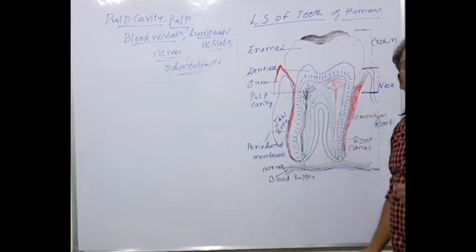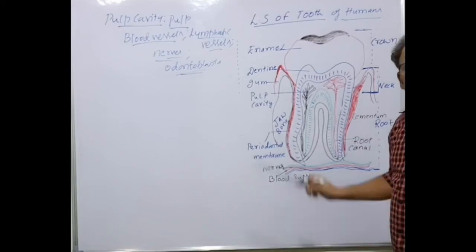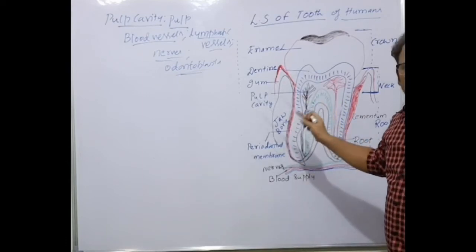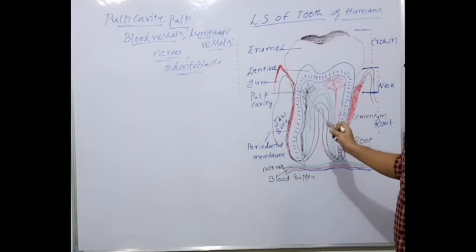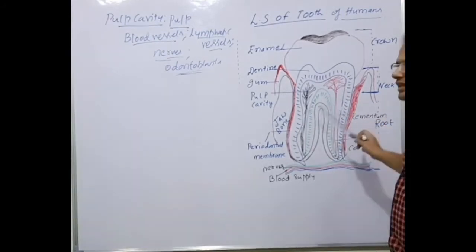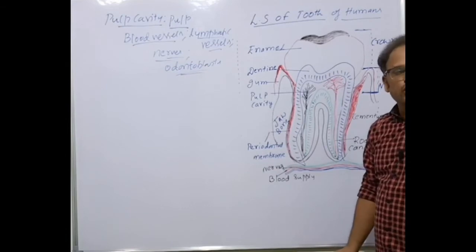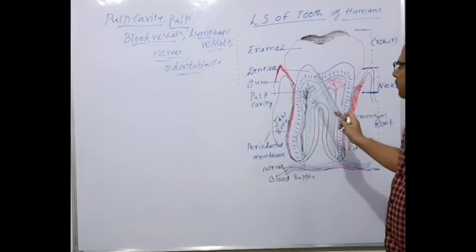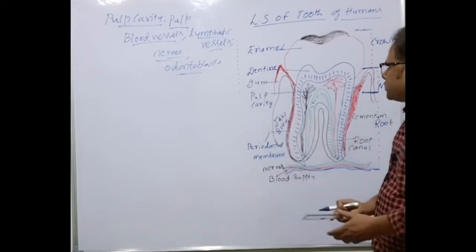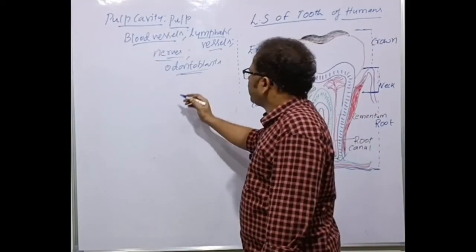If there is a dental problem, root canal therapy is very common. You might have heard of it, root canal therapy. The treatment exists because the root canal is richly supplied with blood vessels, which means it contains nutrients. Root canal therapy is done if there is dental decay. Clear, students? So that's about the pulp cavity.